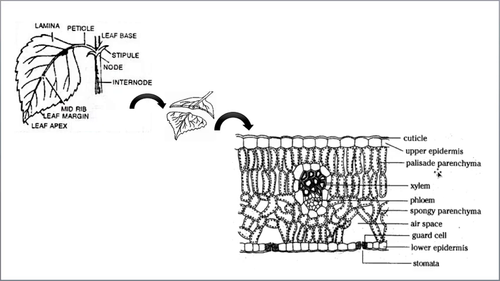Very simple, I'll tell you. Palisade parenchyma cells are rod-like structures. See, they are cylindrical. You can see that, right? Just follow my arrow mark. I'll show you. So these are cylindrical. Am I correct or not? Hope you're understanding now. Whereas if you take the spongy, they don't have a proper pattern. See, they are irregular. They are amoeboid in their shape. They don't have a proper shape. And intercellular spaces are very, very few, or even absent.